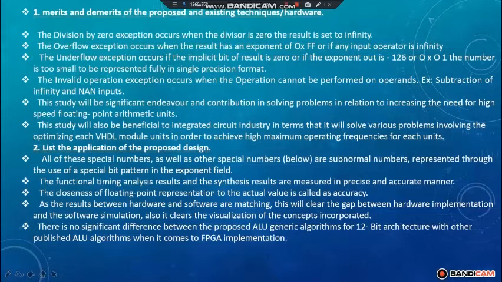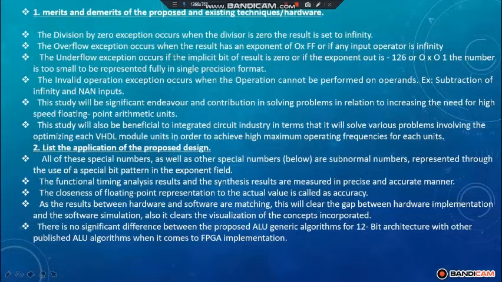The functional timing analysis result and the synthesis result are measured in a precise and accurate manner. The closeness of floating point representation to the actual value is called accuracy. As the results between hardware and software match, this will close the gap between hardware implementation and software simulations. Also, it clears the visualization of the concept